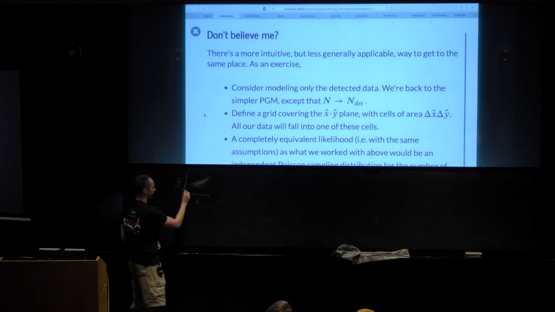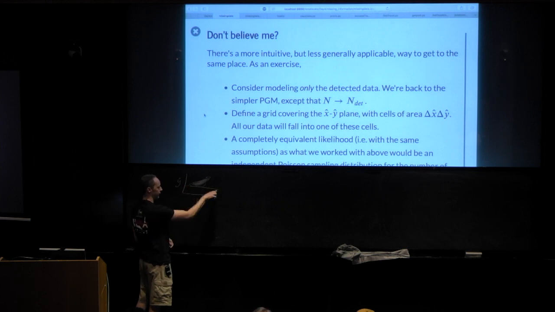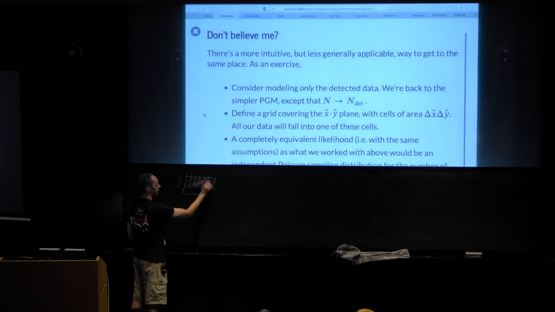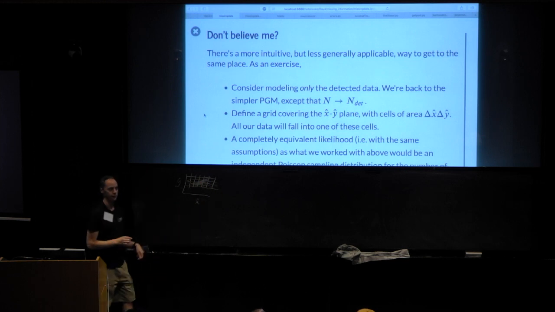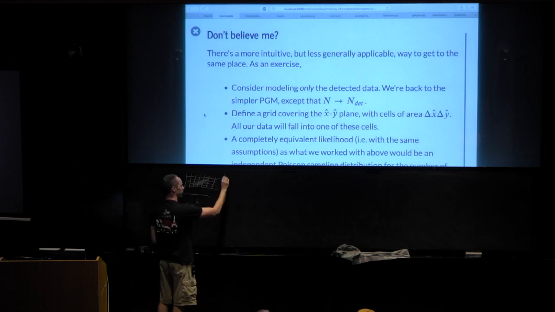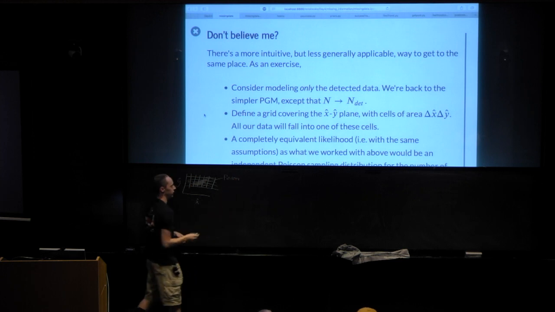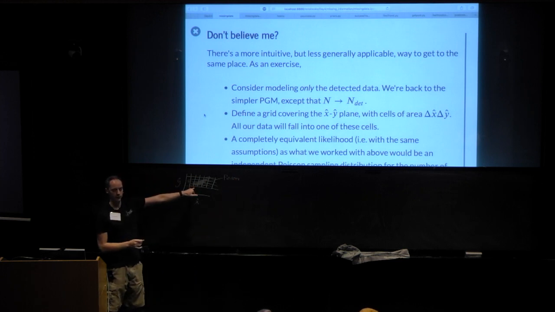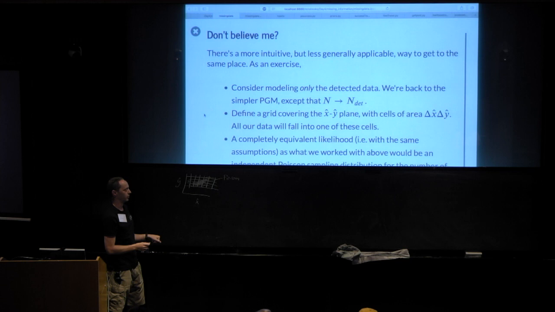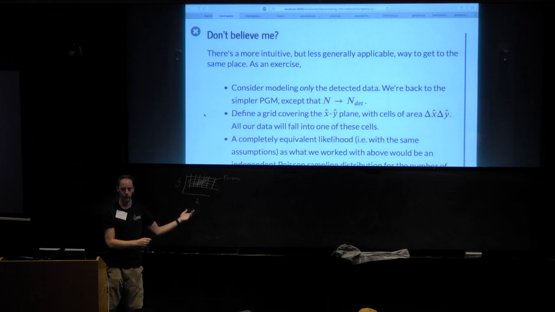Now think about taking the space, here's the threshold, and chopping it up into lots of little delta x hat, delta y hat squares. And in each one of these, we're going to have a Poisson likelihood. So the data are the number of things that we found there, and the model will predict the number that we should find there, or a mean value for the number that we should find there. And then there's a Poisson likelihood. Intuitive?